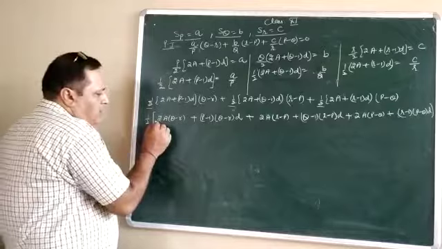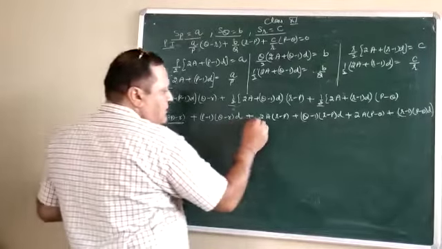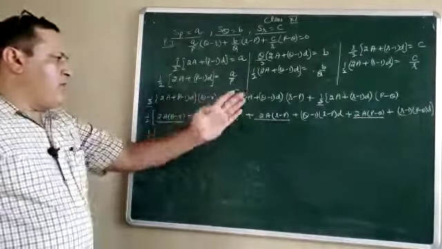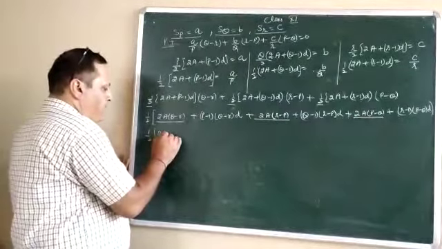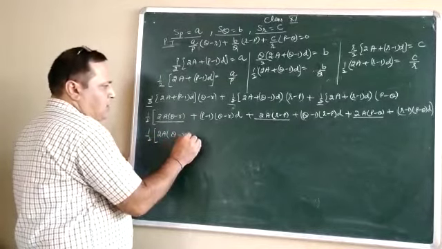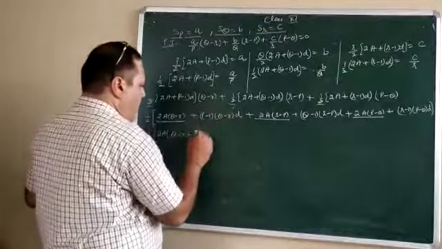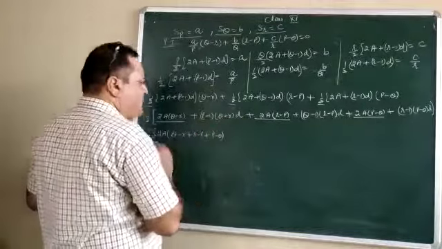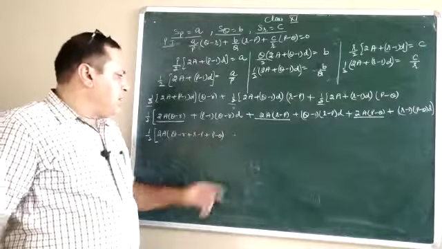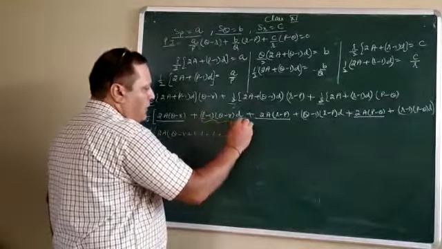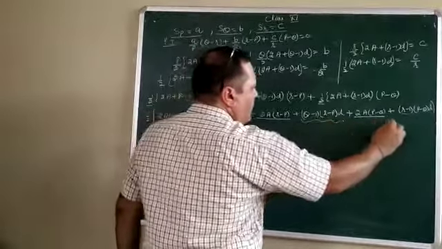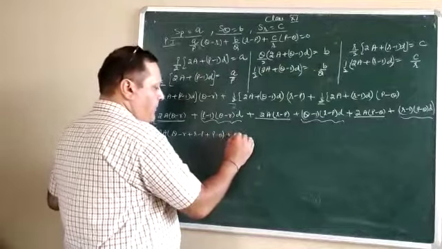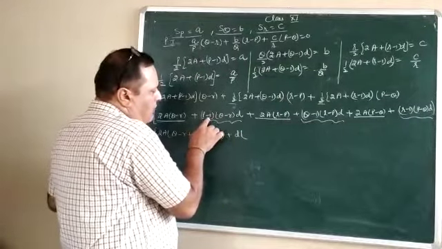Now see this one. How to collect the sum? This is the term containing 2a, this is the term containing 2a, this is the term containing 2a, and they are in the form of addition. So we take 2a common. It is q minus r plus r minus p plus p minus q. This is the complete term. Now see, if you observe, d is there in this term, d is there in this term, d is there in this term. So we can take d common. What is left? Only these two terms for multiplication.